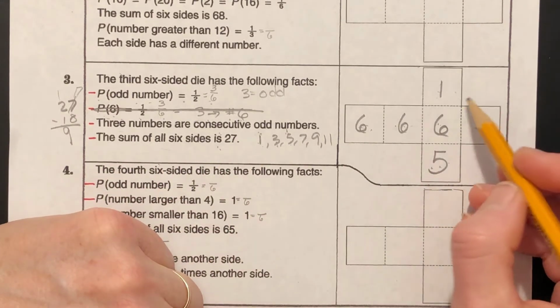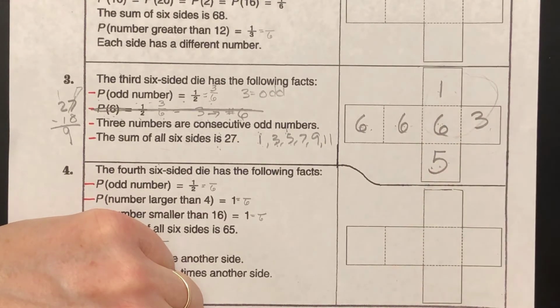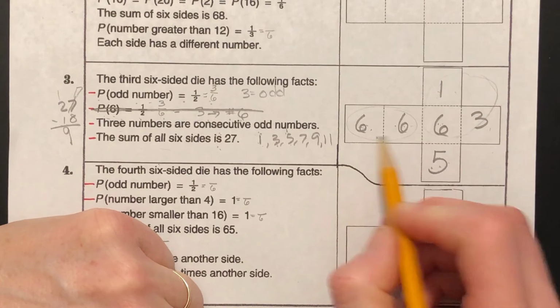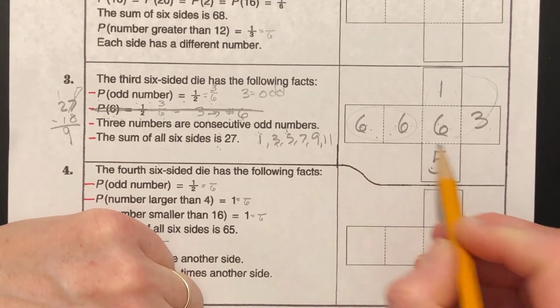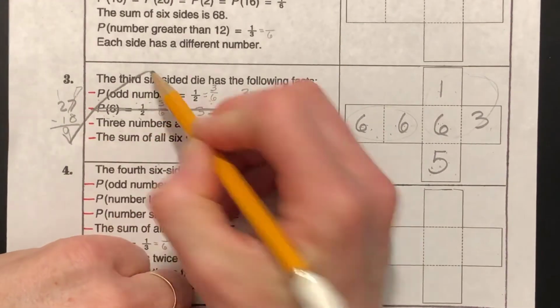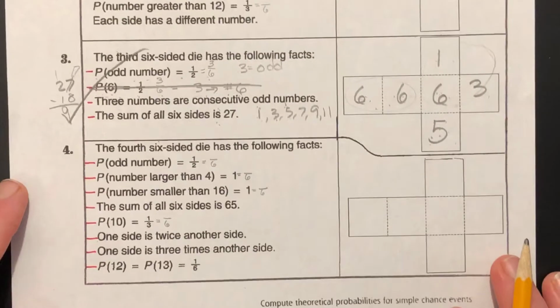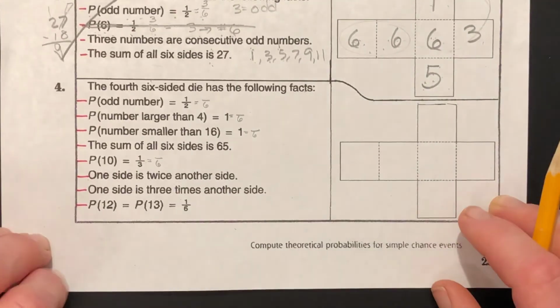Well, let me do this. 3 plus 1 plus 6 makes 10. 6 plus 6 is 12, so 10 plus 12 is 22. 23, 24, 25, 26, 27. Did it. Number 3, done. I think this is fun. Love puzzles like this. Number 4, we have